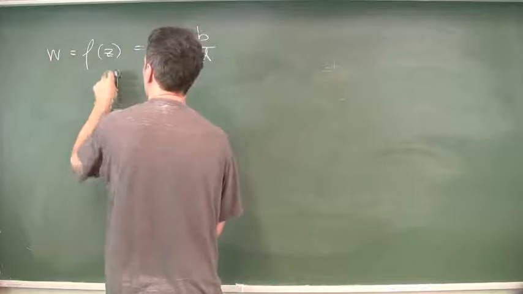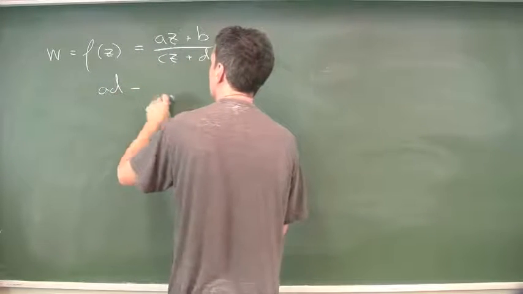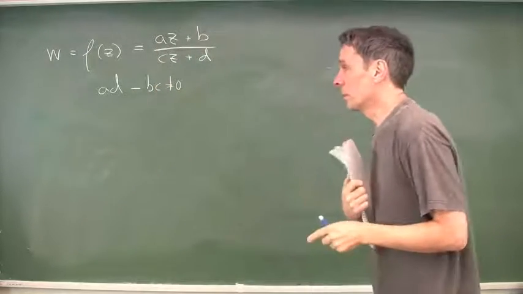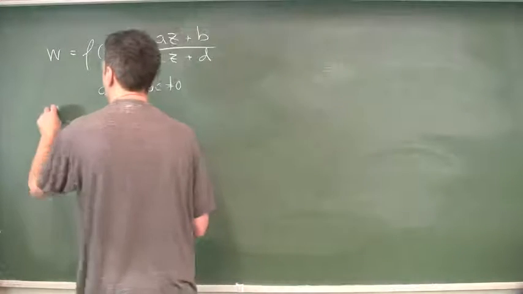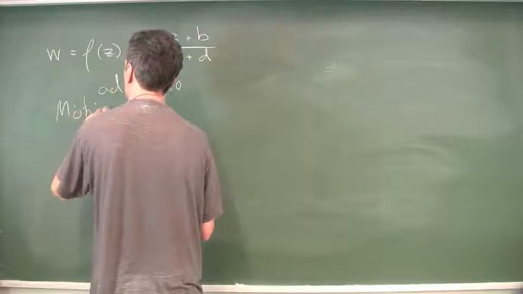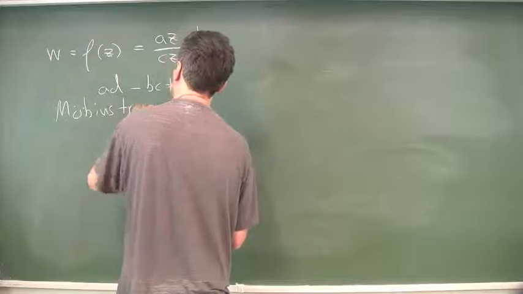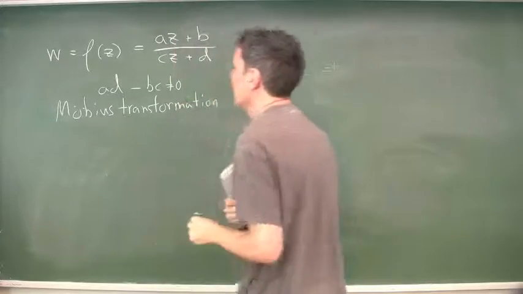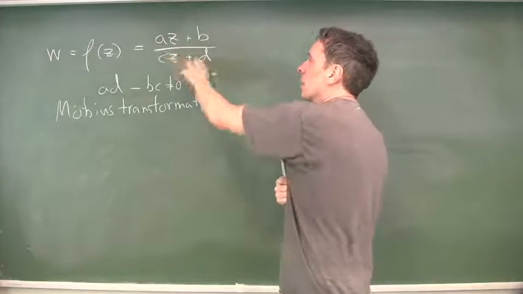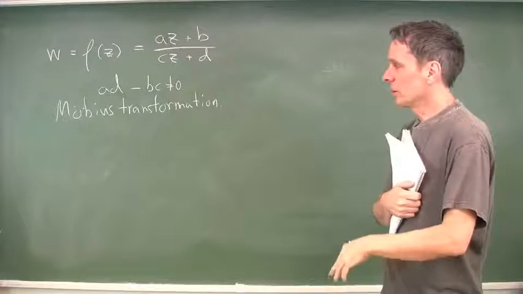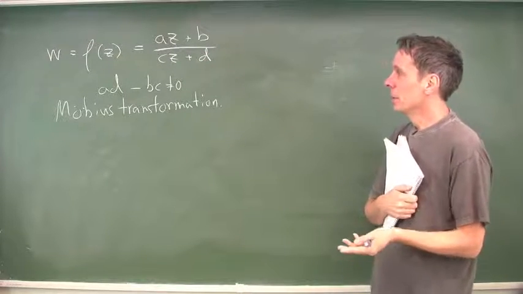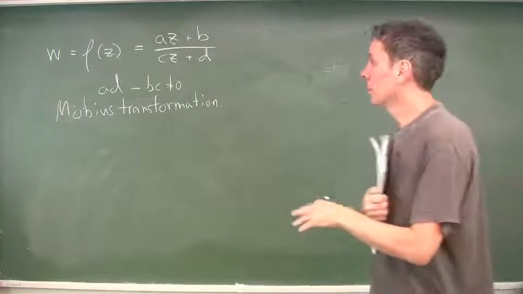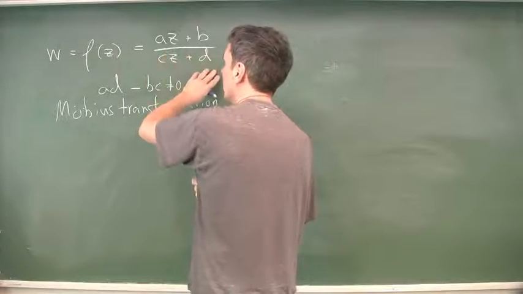Where you have to assume that A times D minus B times C must be different from 0, because otherwise this will just be constant. This is called a Möbius transformation. And as it turns out, it's very natural to consider a Möbius transformation to be a map on the Riemann sphere. In a sense, it's much more natural than to consider it to be a map of the complex plane onto the complex plane, because